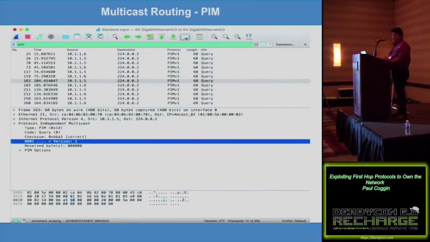But the question we need to ask ourselves as auditors and defenders and the red team, and I spend most of my time these days on red team, I want to ask myself, what is that attack surface there? Did they implement it correctly? What do those router configs look like? Did they harden that trust relationship? Because I see this here, I have to start asking myself the question, and we need to start